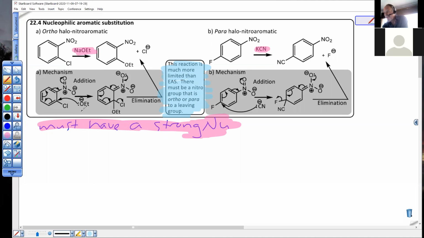Why does this reaction happen, and why is it so different? Well, we're not generating an electrophile here. It's not electrophilic aromatic substitution. Our nucleophiles here and our electrophiles here. You can't do an SN2 reaction on an sp2 carbon because the bond to the halogen's too strong. sp2 is 33% s character, compared to our normal SN2, which is an sp3 carbon with a leaving group, that's 25% s,